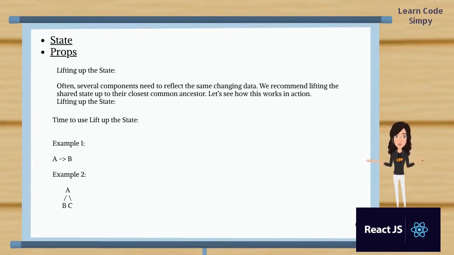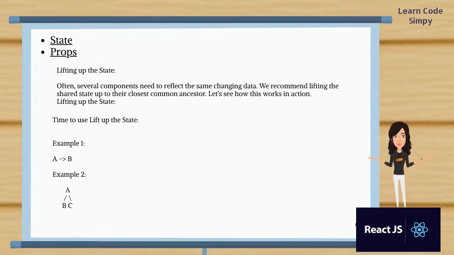Or you can also see there is another example. If we have three components in our React app, A, B and C, where A is the parent of B and C, and there is some data only in component B but not present in component C, and component C also wants that data, component C cannot access the data because a component can talk only to its parent or child, not the siblings. So let's implement this with a simple but general example.